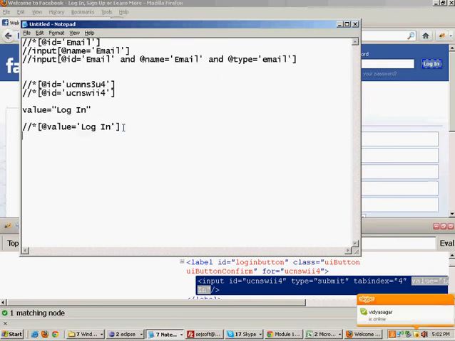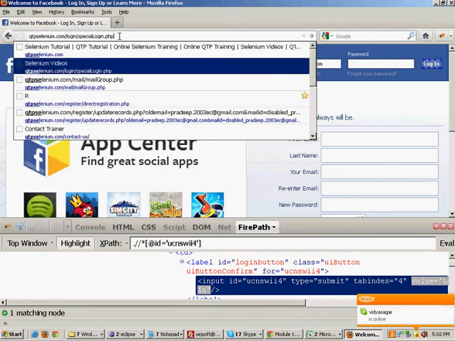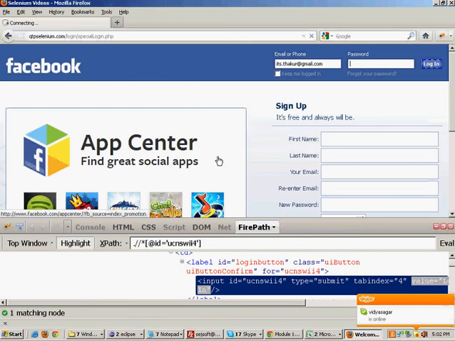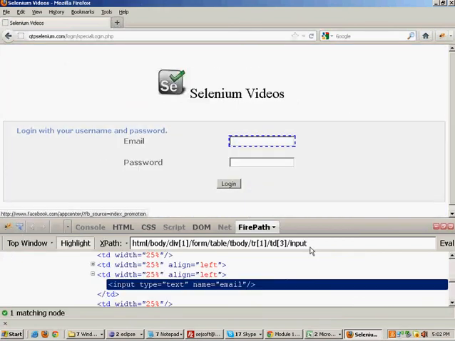Fine. Now, sometimes, if you go to the login page of my site, that is qtpselenium.com/login, and if you look at the XPath of this email field, what Firebug will give you is the complete XPath, the absolute XPath. This is because there is no ID on this page. But the name of this field is email.